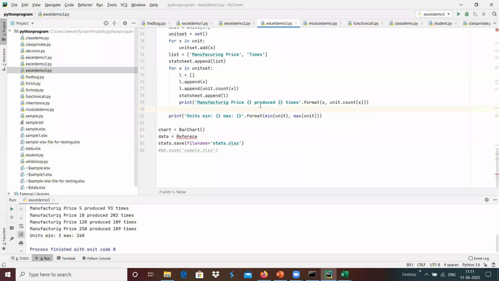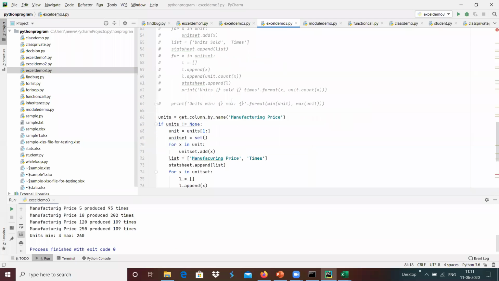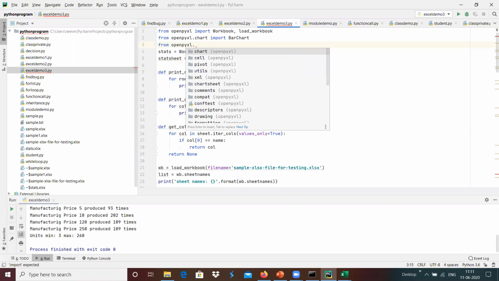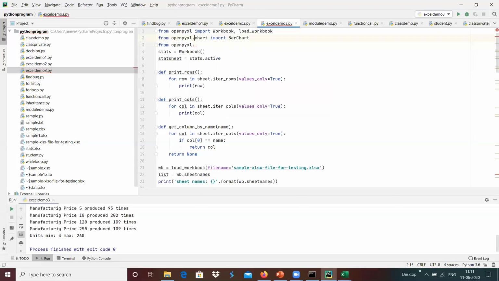Reference over here. And in order for that, maybe we can import that from openpyxl dot.